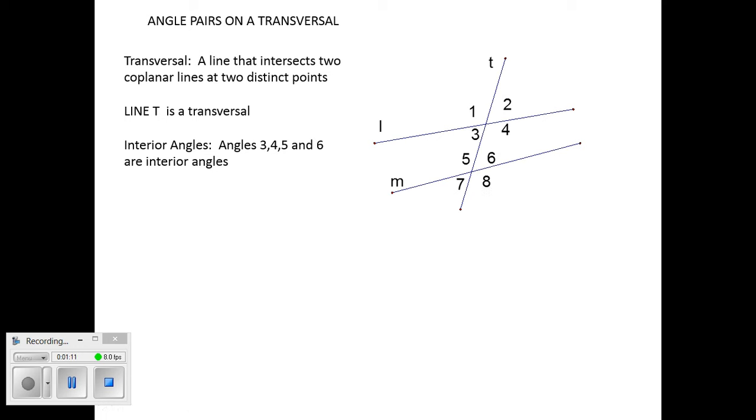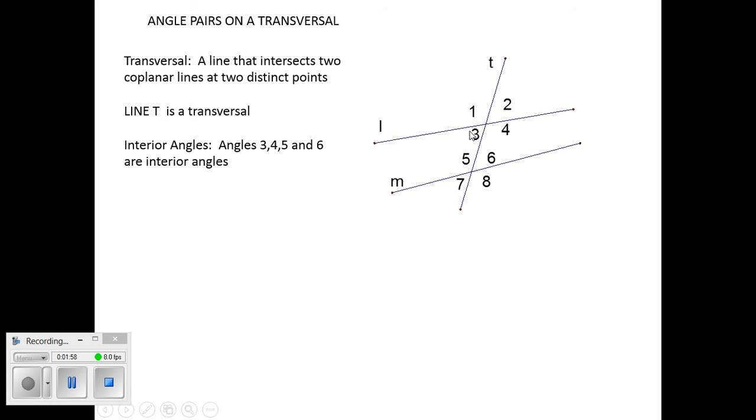Okay? So we're going to start identifying those angles by names, and then we're going to start looking at relationships that exist when the lines here, L and M, are parallel. But for now, let's just identify a transversal as a line that intersects two coplanar lines forming eight angles. That's the transversal, T. The angles are going to be identified